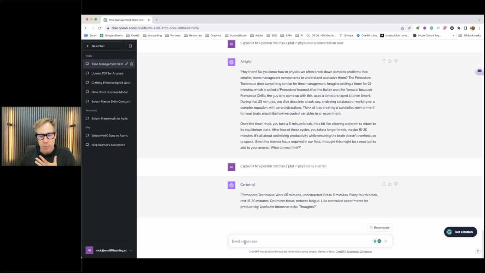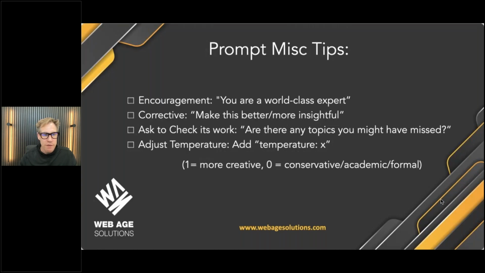I think tone for me is probably one of the more important aspects. Explaining to it as an expert or a beginner, and then the tone is something that I find to be super valuable to explain. So understanding how prompts work, understanding how you want to get the data back out is sometimes the trickiest part, but once you figure it out, this is where the real value lies.